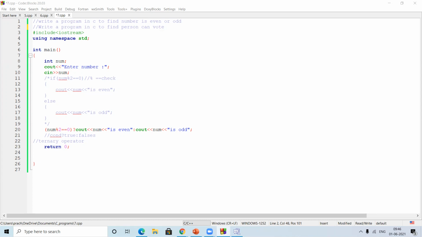Just while doing this, please tell me whether you know the logical operators. What we are using right now is the relational operator, correct? So let me know whether you know the logical operators. Logical operator means what?